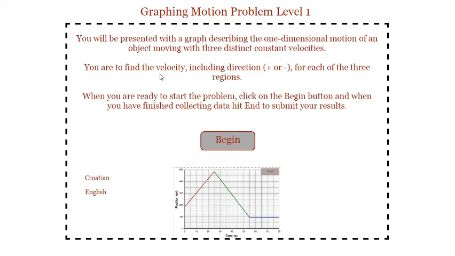But okay, that said, our task for this activity is to look at a bunch of position versus time graphs and then find the velocity. Remember what velocity is? It's speed with direction. So the direction in this case will either be positive or negative. This is going to be an object that's not moving at a constant speed the entire time. It's actually going to change speed, and it possibly will change direction on you.